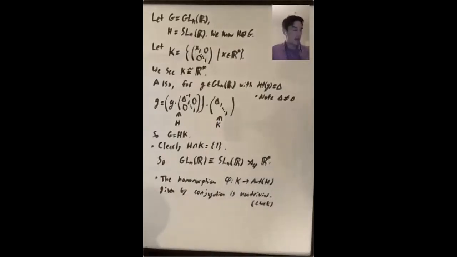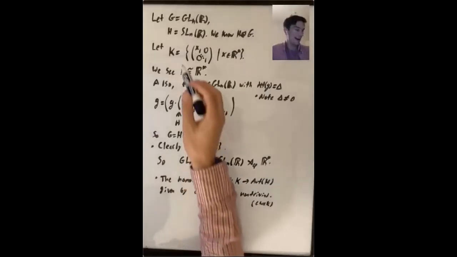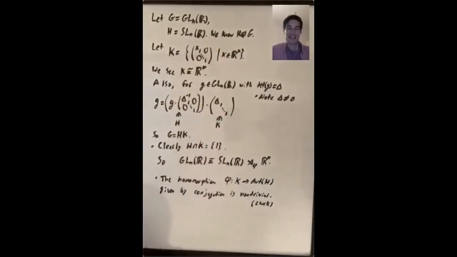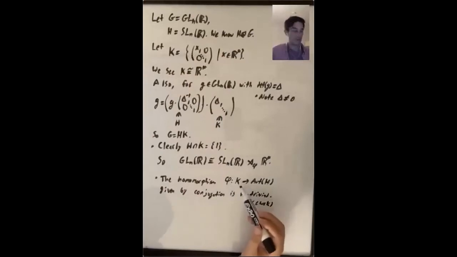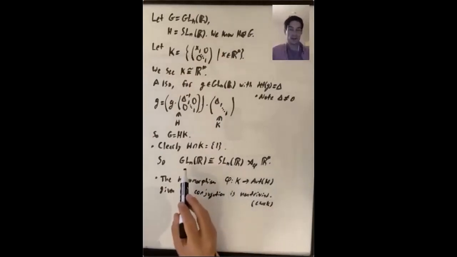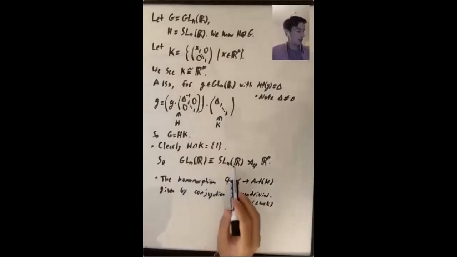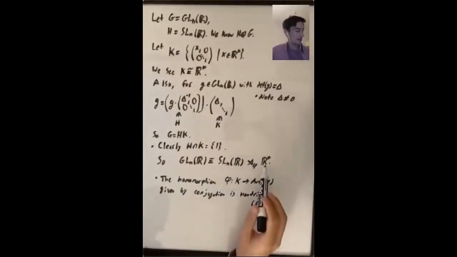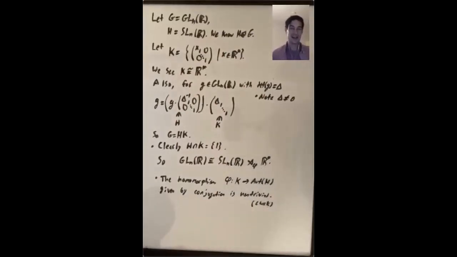So it's easy to check. I mean, if you just pick some matrix in SL_n(R), like your favorite one, and conjugate by some element of K, it's easy to check that this is not the trivial homomorphism. So what we've done is we've really written GL_n(R) as a non-trivial semidirect product of SL_n(R) and a subgroup isomorphic to R star. Okay, so I'm going to pause and erase and talk about another way to write